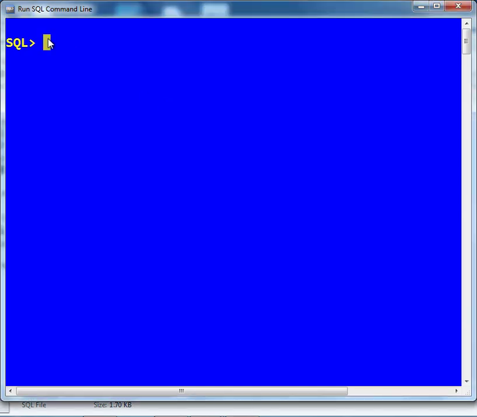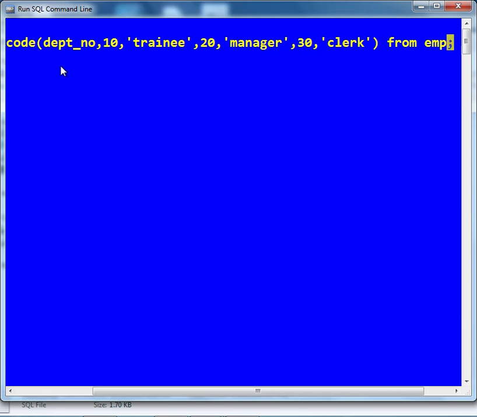Now for decoding, let's see. Earlier we gave decode with clerk. After decode, I want to have ename also, comma ename.